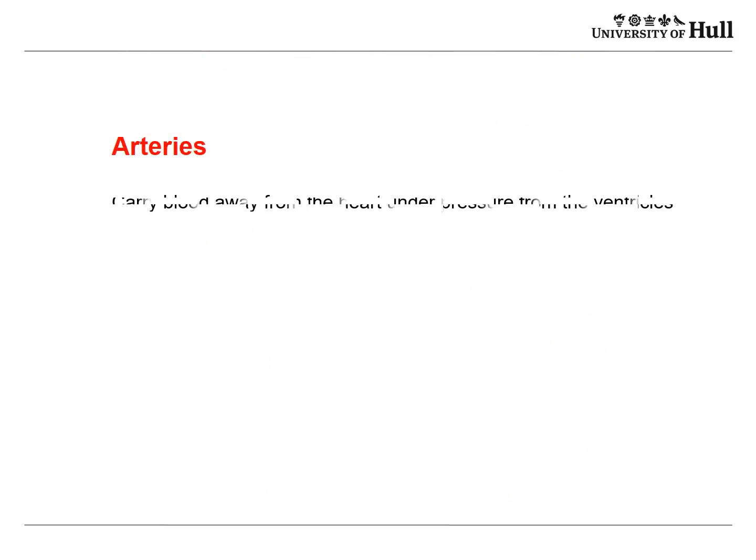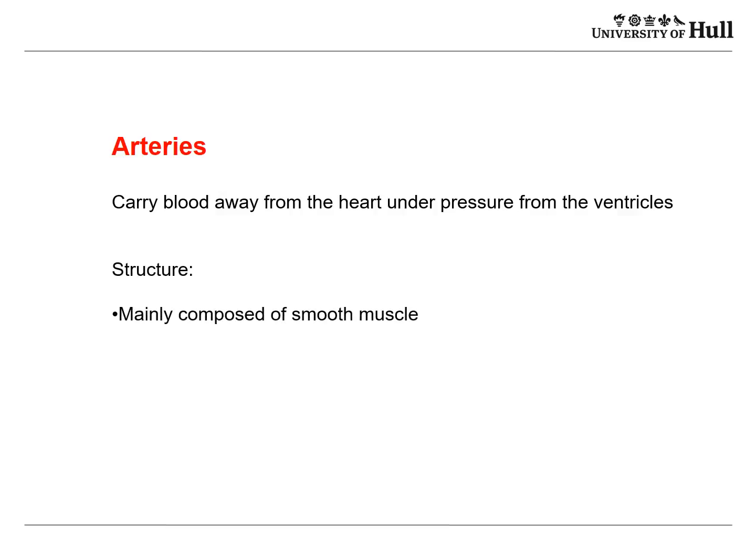The arteries carry blood away from the heart under pressure from the ventricles. It's slightly inaccurate to say that arteries carry oxygenated blood because the pulmonary arteries in fact carry deoxygenated blood, so the best way to describe arteries is in their function of carrying blood away from the heart. The structure is mainly that of smooth muscle,